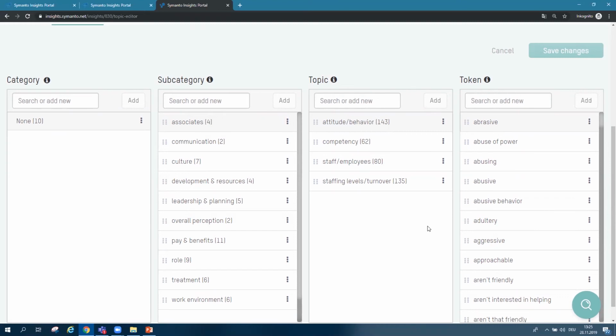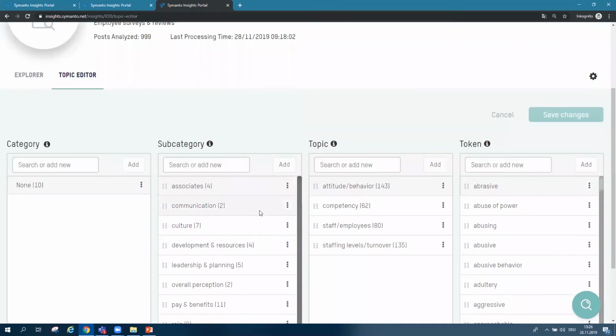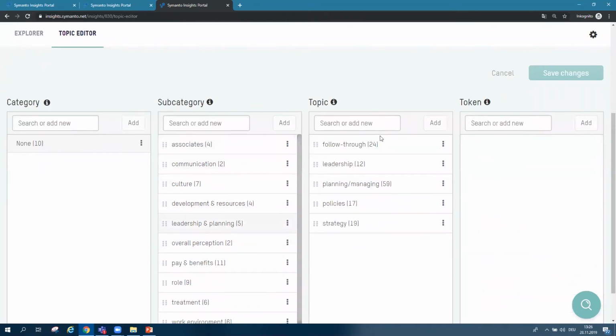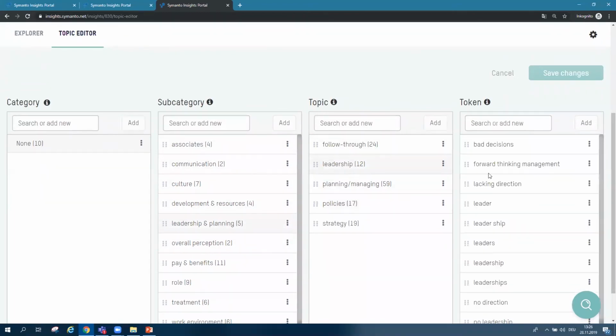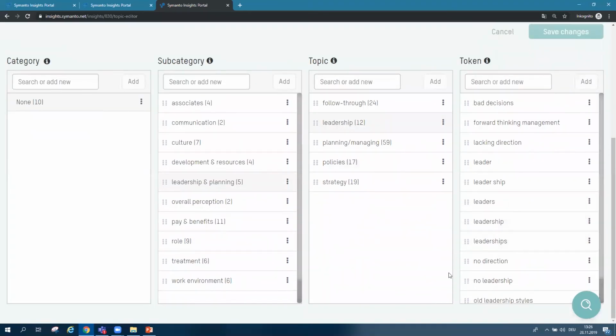That's why the AI finds better topics that are more relevant. We have already done this pre-work to customize it to this area and to name the categories in a way that you can really start something with. In this case, for leadership and planning, you've got follow through, leadership, and all the tokens, all the ways people talk about leadership, already integrated into this classification.